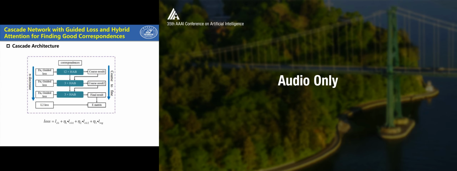Then a coarse result can be obtained through these features by Fn1 measure guided loss. Then two refinement models are followed to perform local optimization to refine the cost result. Each refinement model is made up of a 3-layer HA block, different from the feature extraction block. The global context in the refinement model is extracted from the cost result of the previous model instead of all of the correspondences.